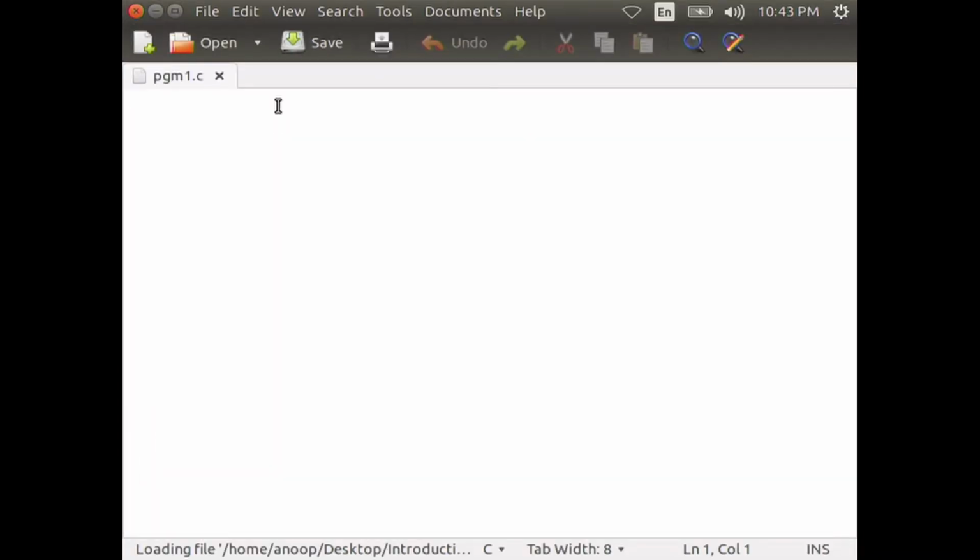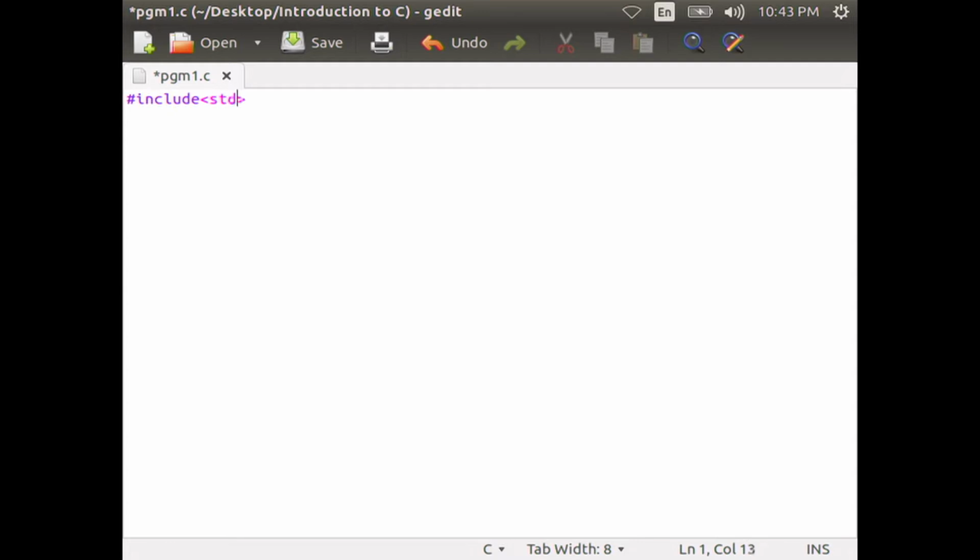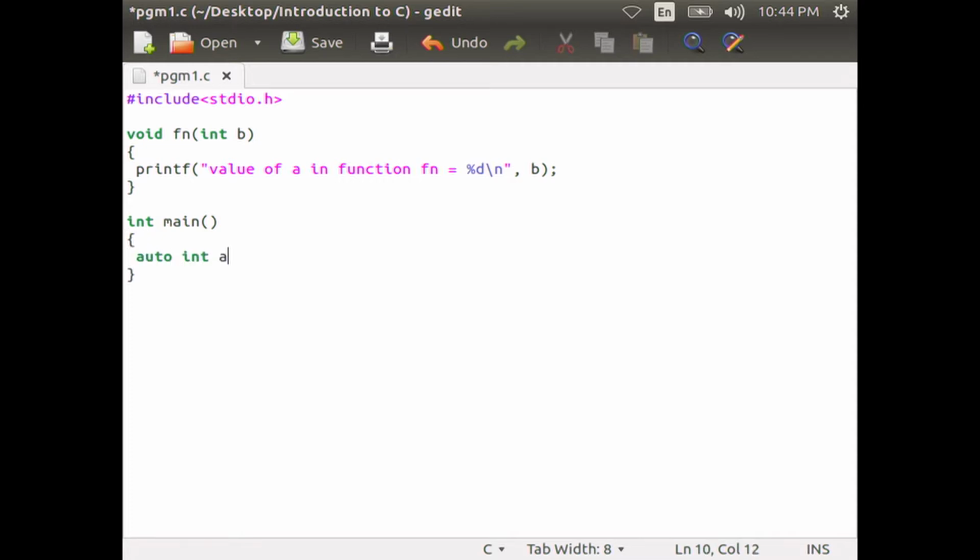Initially, we need to type this program in the text editor: #include <stdio.h> and void fn(int b) within curly braces, printf("value of a in function fn = %d", b), then close the curly brace. Then you start the main function, int main, then curly brace, auto int a = 1, then next curly